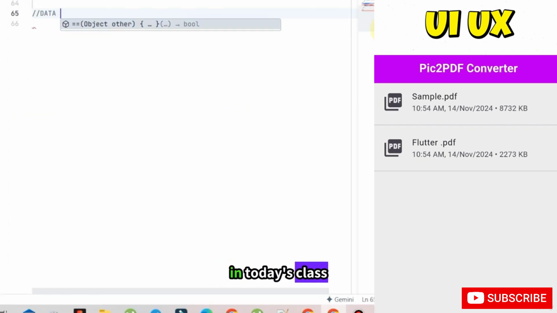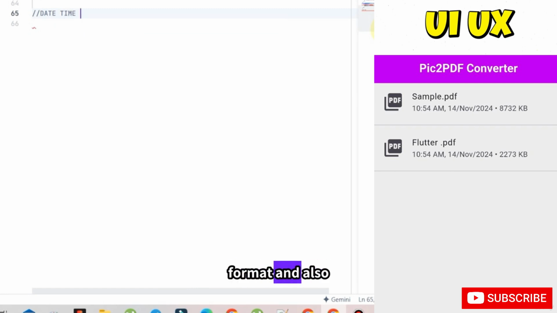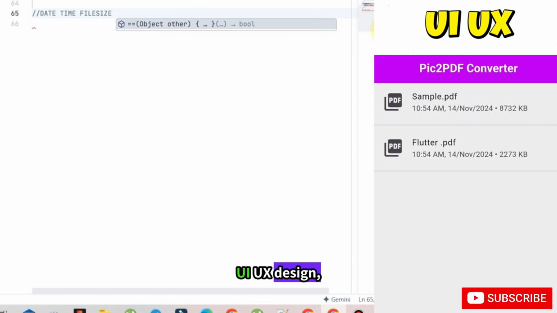Welcome everyone, in today's class we are going to discuss about how to create date and time format and also how to create file size for our PDF. So in the right side you can see my UI UX design. In the home page you can see the PDF file size and date and time format. So for that we are going to create a function